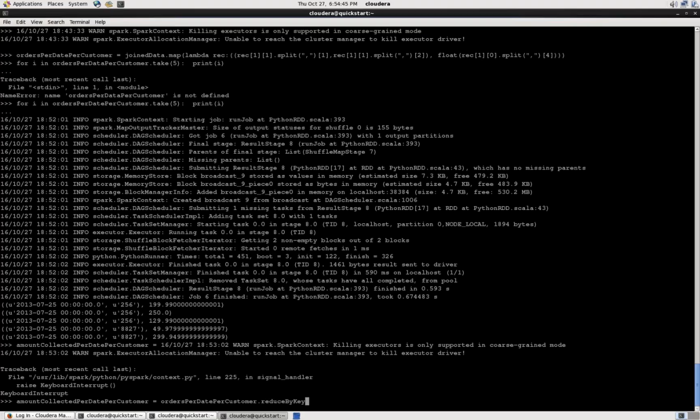Reduce by key. What is the syntax for reduce by key? How can I define that? I will define it as accumulator, not accumulator. That's fine. I don't want to use the accumulator term, I need to use something else. I'll use sum and amount, which will be like sum plus amount, which is nothing but